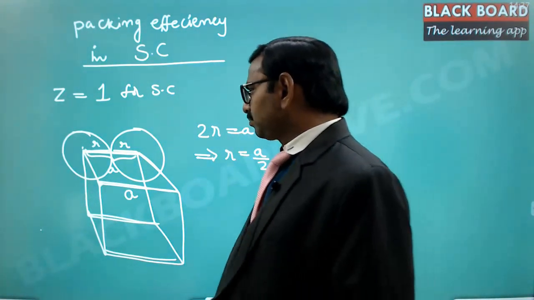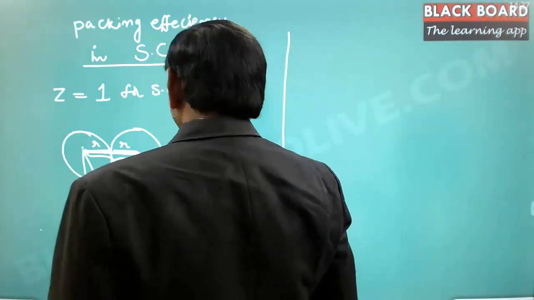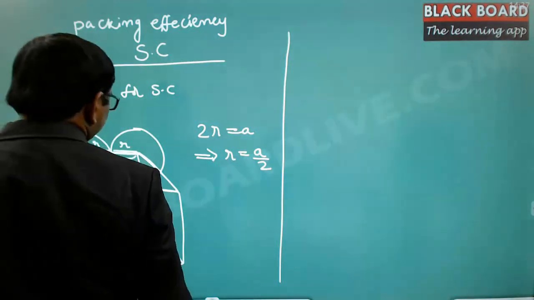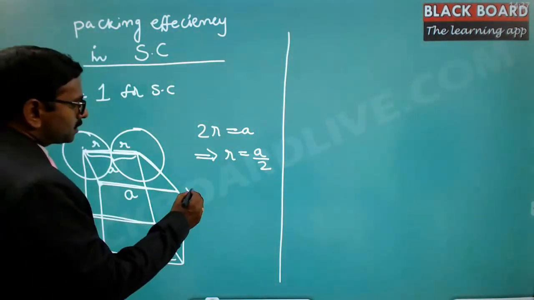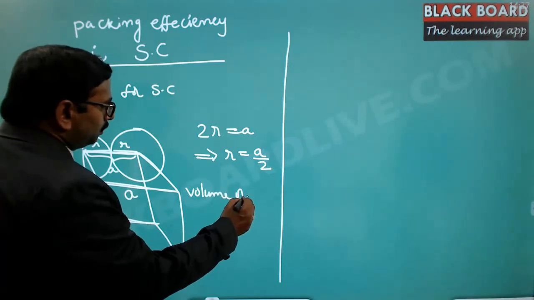Next, if A is the length of the unit cell, then volume of unit cell is equal to